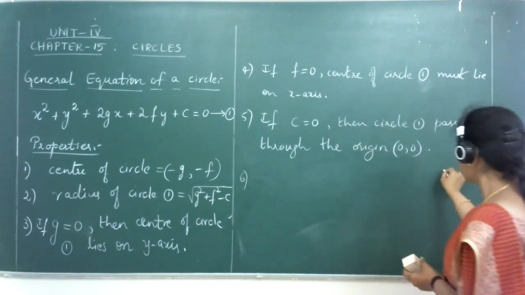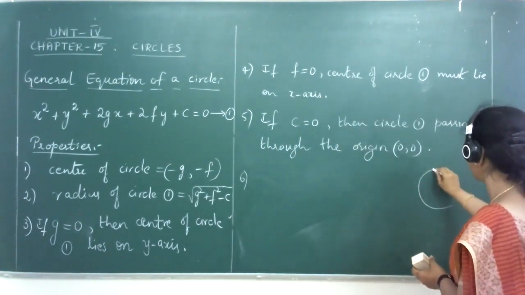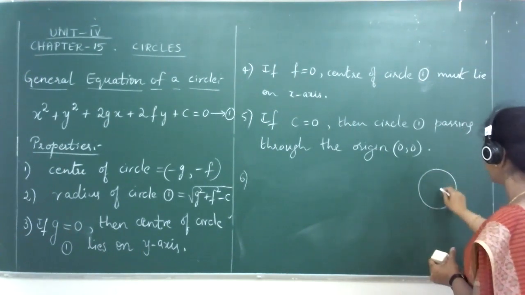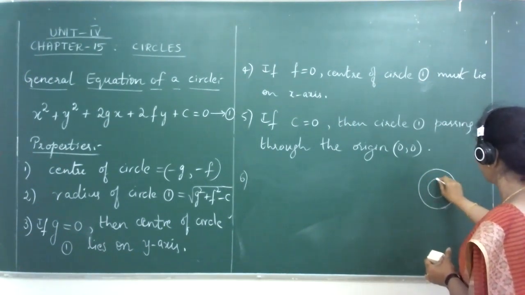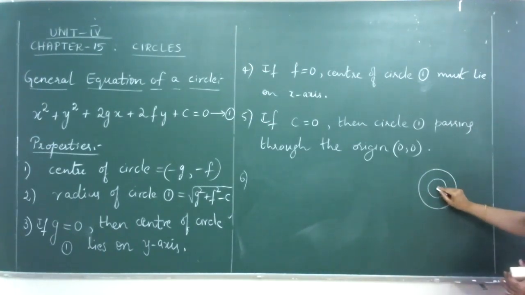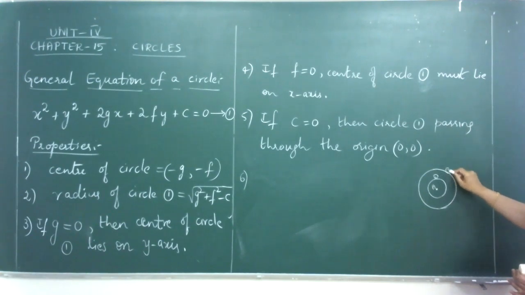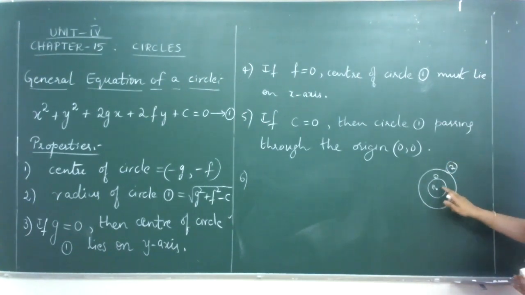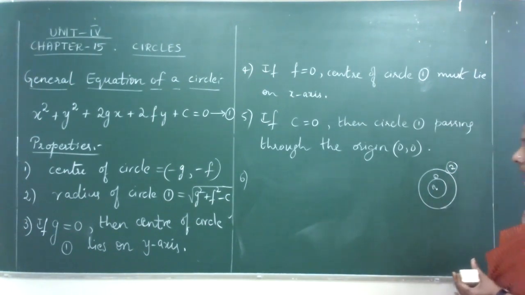Now, whenever I have a circle which is sharing its center with another circle, then we call the two circles concentric circles. So here I have got two circles. As you can see in the diagram, there are two circles having a common center. A happens to be the center of circle 1. The same point happens to be the center of the outer circle, which I have marked as circle 2. Such circles will be referred to as concentric circles.